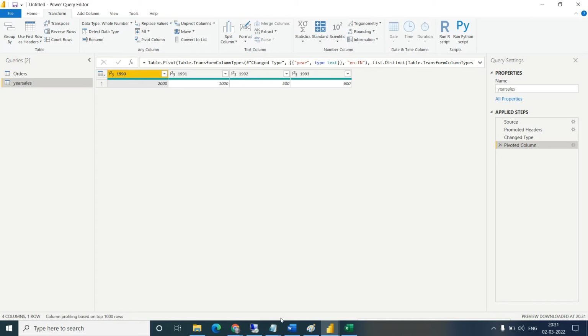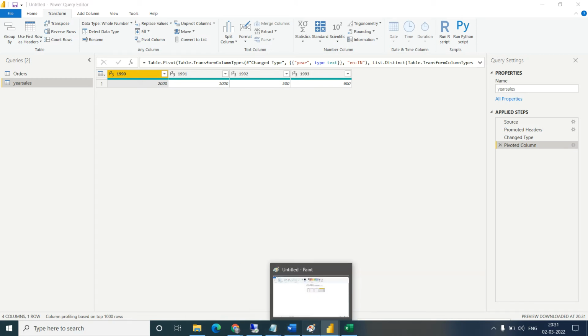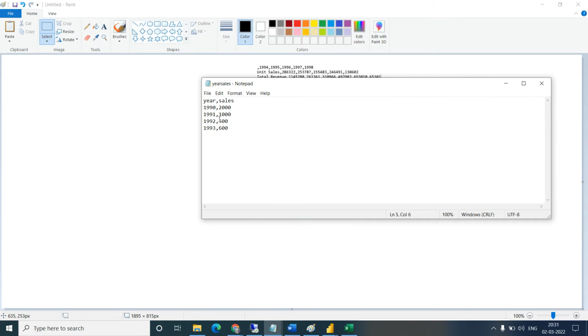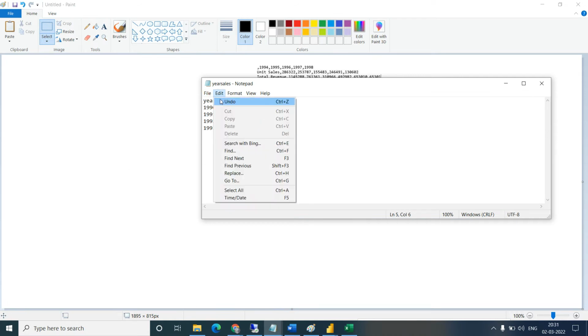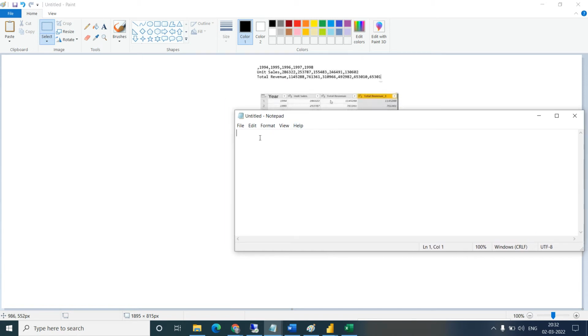Now let's see. I have some data available. One example. I have this sample data like this. So I am creating data like this.